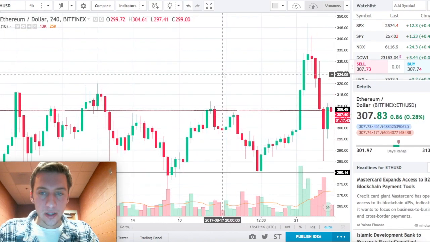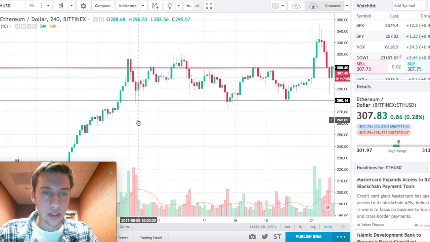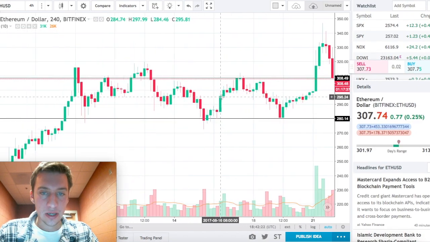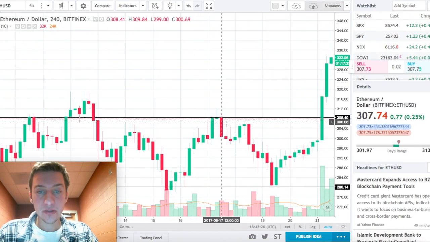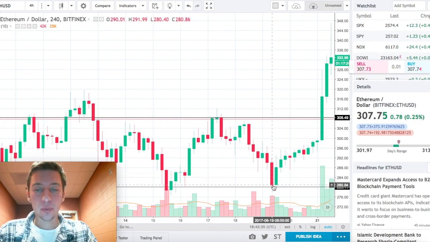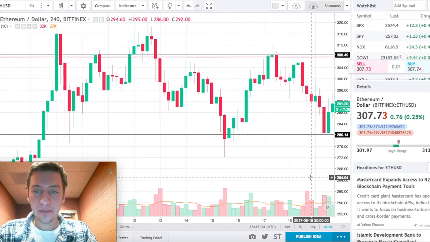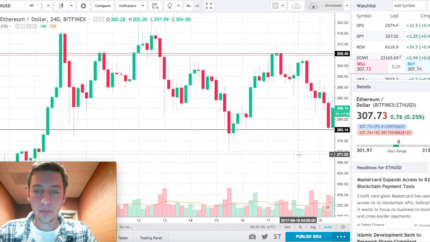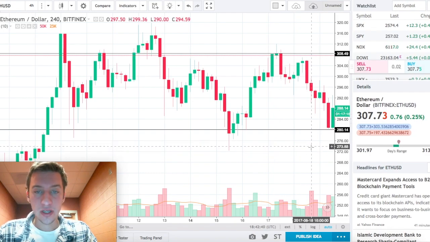So what do we see here? We see that price was in a consolidation but slightly downtrend period. It goes down to here, breaks higher but fails, and then comes back down to the same support level. Now if we were traders and it was August 19th, then we would see that this point would be a point of entry if we want to enter at support